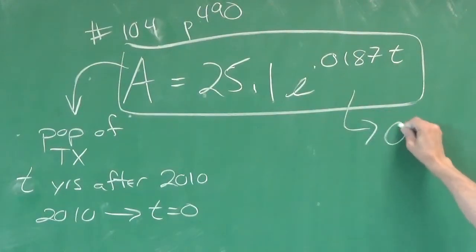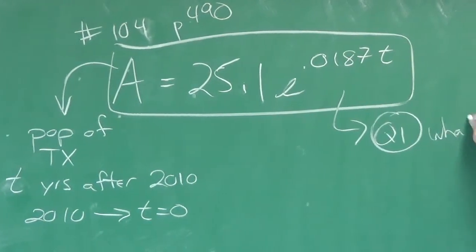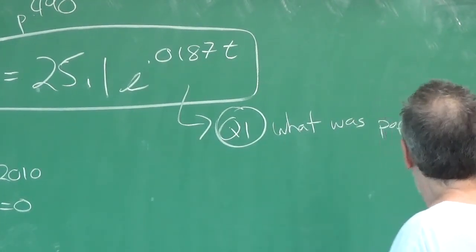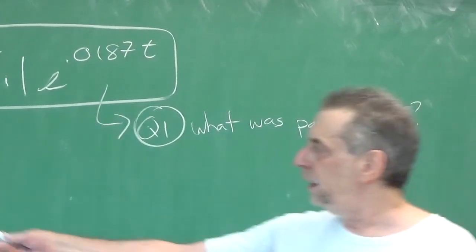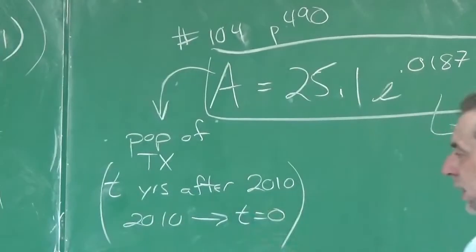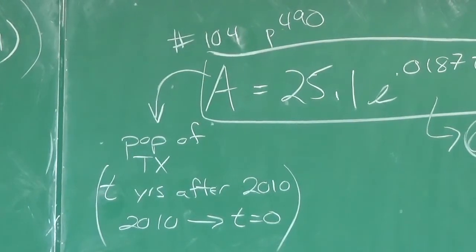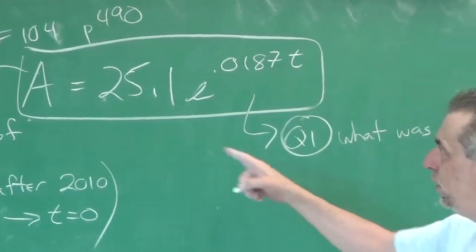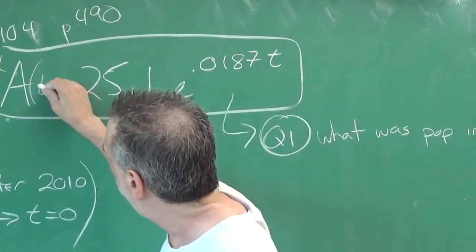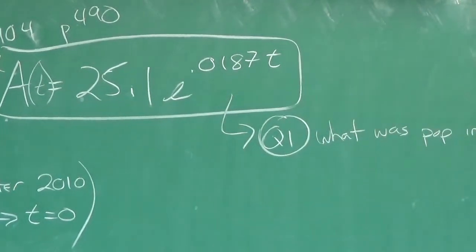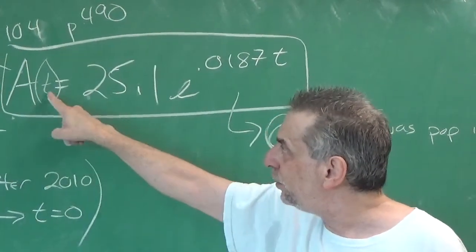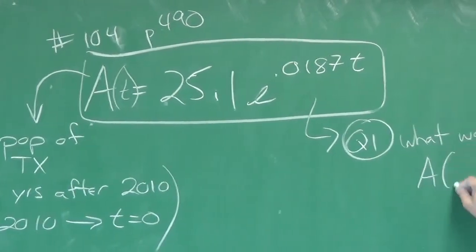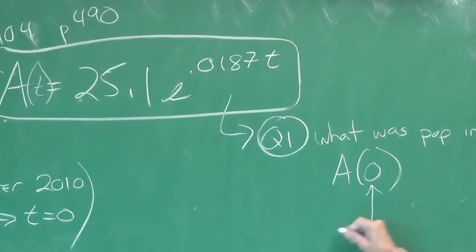And then our first question is what was the population in 2010? So we just decided here that if this is true, which it is, that's given information, T is the years after 2010. If we're looking at 2010, then all we got to do is put T equals 0 into this equation. So basically we're looking here at A as a function of T, just like F as a function of X. We're saying A is the population as a function of time using this equation. So our A at 0, right, for 2010